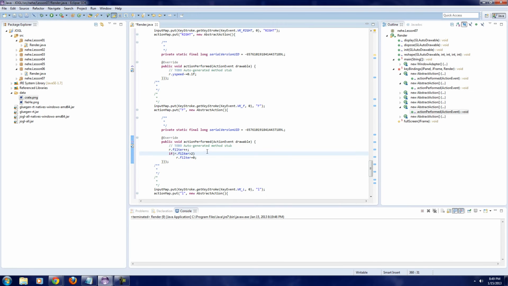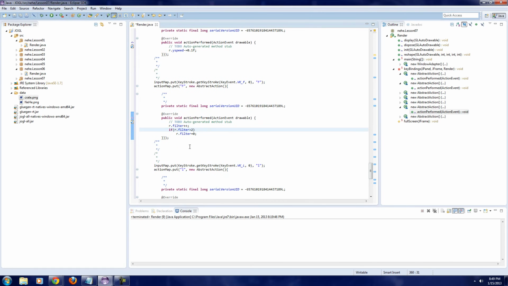So each time we press it, it will increase by 1. And the filter, if it's greater than 2, which is the size of our thing, actually, really what we should do,